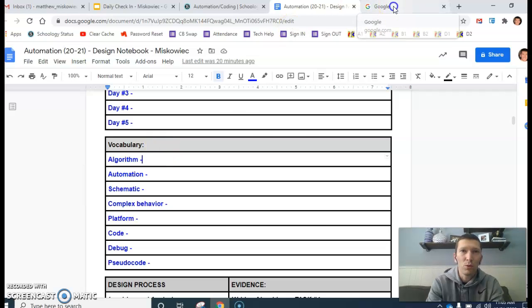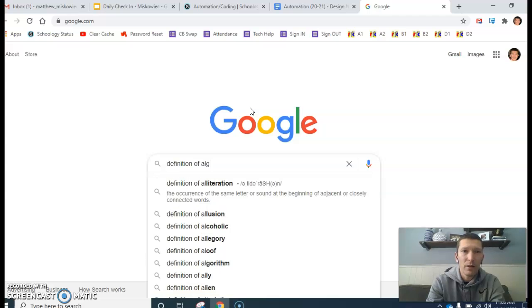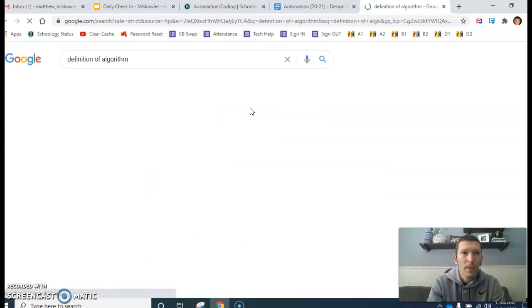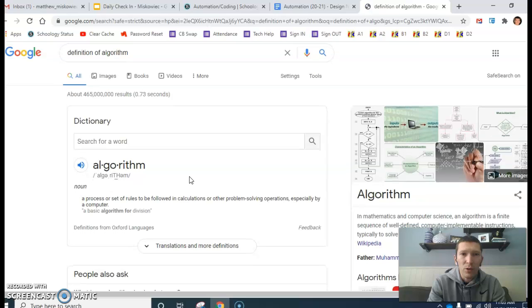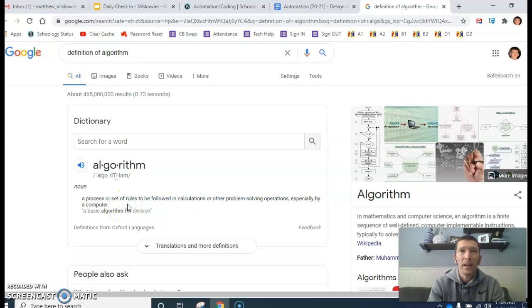And so I'll go to Google, type in definition of algorithm. And it's going to give you a Google result, and again, I don't want anybody to just copy and paste. Number 1, it's a little bit longer than what we need it to be. Number 2, that's not actually learning what the meaning of the word is, it's simply copying. So let's read it together and then put it in our own words